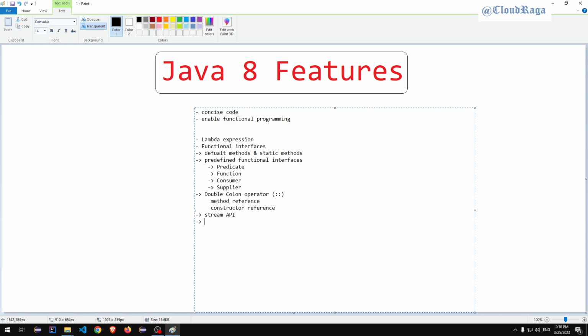then the Date and Time API. They have lots of features, so you will see that as well. Then one of the most asked questions in interviews, the Optional class. What is the Optional class? That is also there, and one upgrade is that you can also run some JavaScript, for which they have added the Nashorn JavaScript engine. So these are the topics we are going to cover in the Java 8